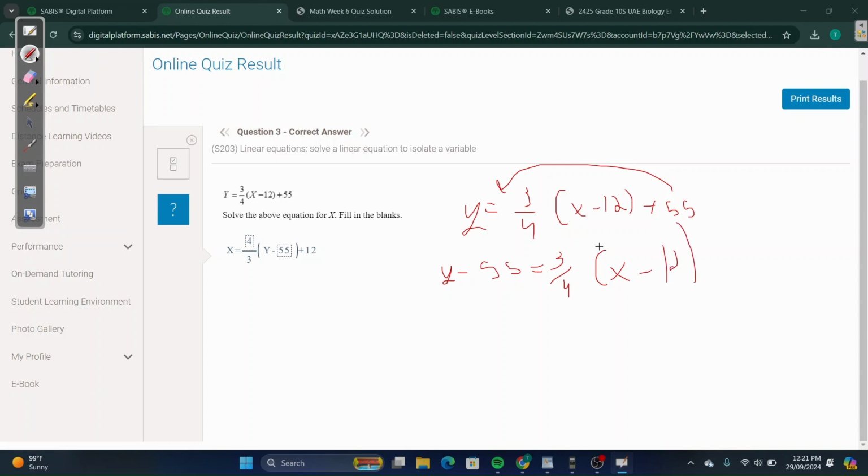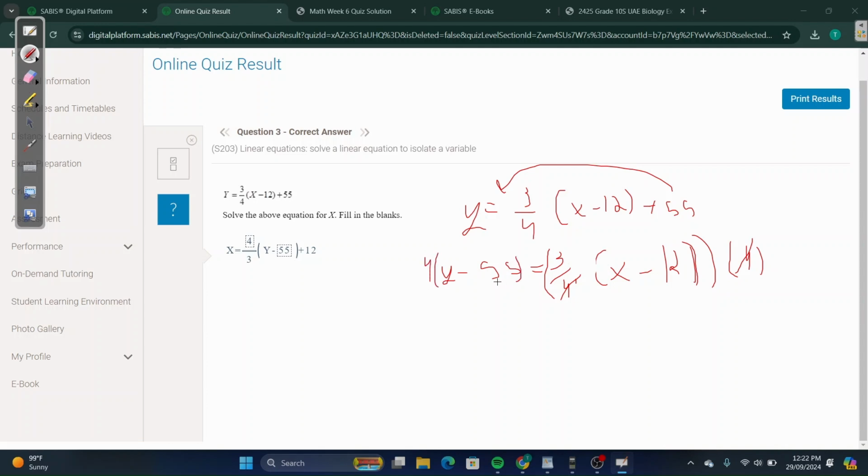Now, you want to get rid of, I don't know why I made that bracket so big. Let me just erase that. You want to get rid of the fraction here because you want to isolate x. Obviously, your first step is to get this fraction out. So you're going to want to multiply the number that would cancel out the denominator, which in this case is 4. So we're gonna put all of this in brackets, then we're gonna put 4 in brackets, just so that if you were able to do this on a calculator, it would accept it, rather than this in brackets and the 4 without brackets. So the 4 here cancels the 4 in the denominator. And then you multiply this by 4,